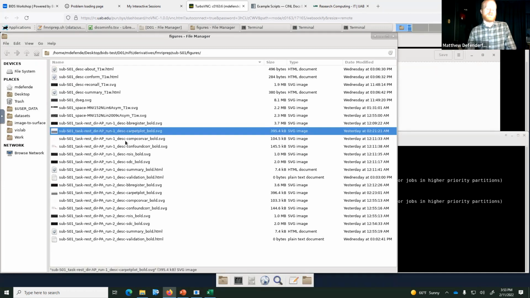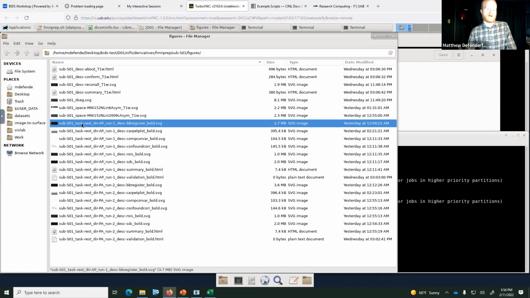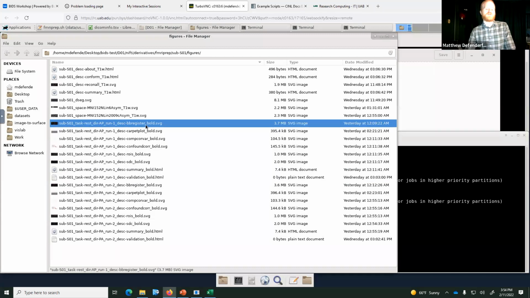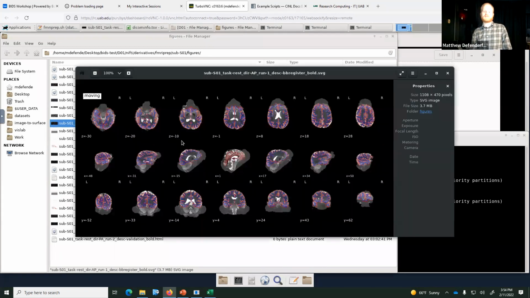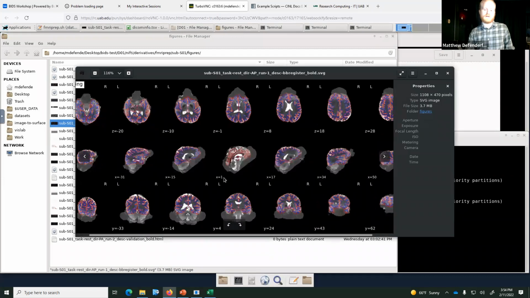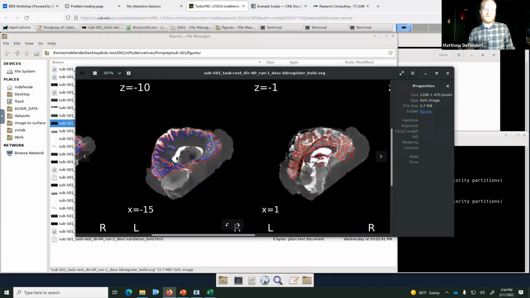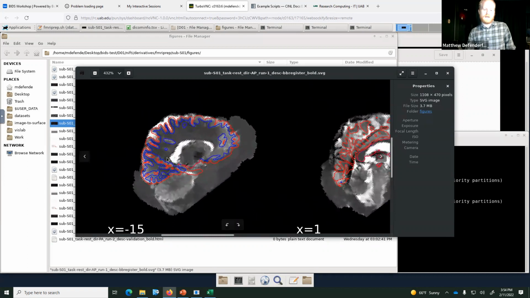And you can see that they're named based on a specific way. So they've got sub-S01 task-rest dir-AP run-1. So this all corresponds to that one resting state scan. You can open up this SVG file, a scalable vector graphics file, that has the actual registration for the BOLD scan with the T1. So if you open that up, what you see here, if we zoom in really far, is that you've got